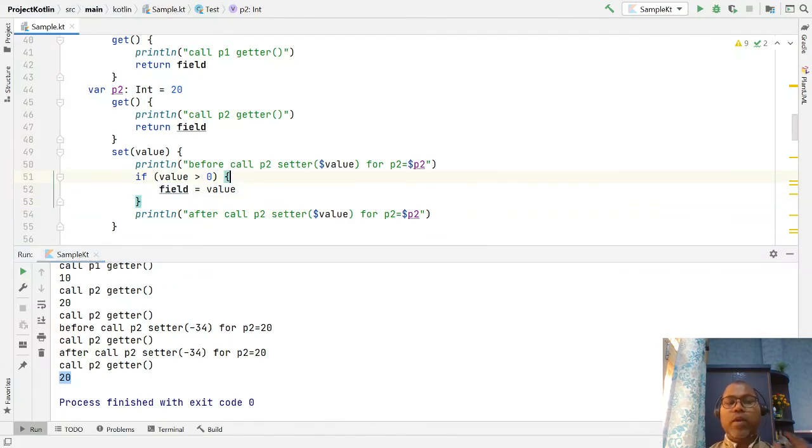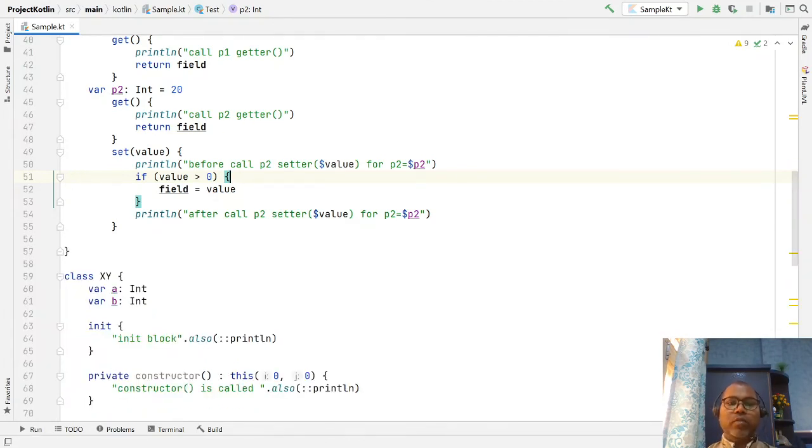So this way you have options. You can apply common business logic in your setter and getter. This is the getter and this is the setter, and in a setter you can put any business logic you want. For a setter you must ensure that you only check the var keyword. The var keyword is mutable, while the val keyword is immutable, so you cannot change its value. Please be sure that you only provide a setter for a mutable variable, not an immutable variable.